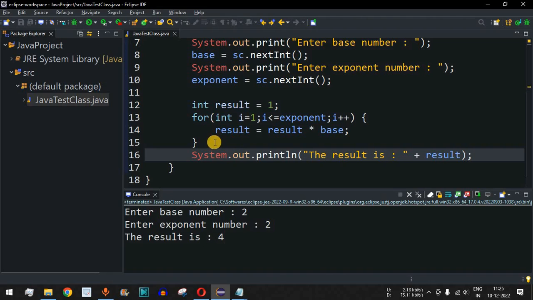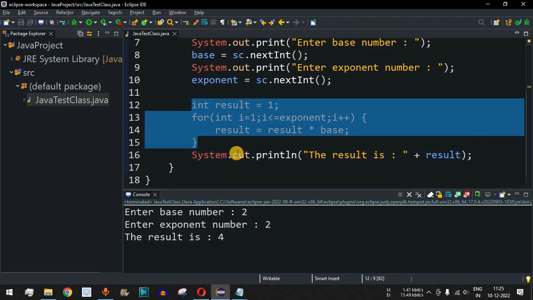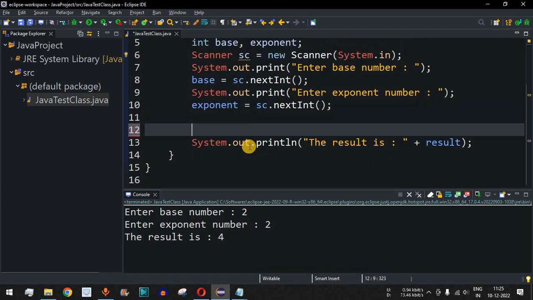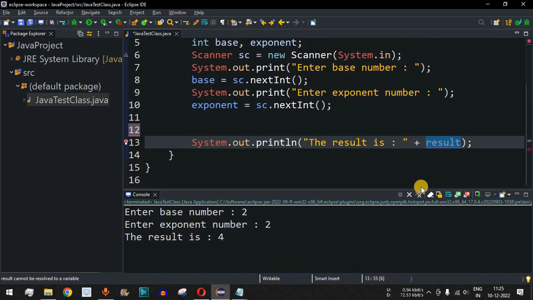So guys, this is the program that you can use in order to find the power of the two numbers. Simply by using the for loop, you can find the power of two numbers. Now guys, if you don't want to use the loop, what is the other method? We can use the power method from the math library. So over here, simply we need to have one expression in our print statement. So we will say the result is, and instead of this result, what we will do is we will import